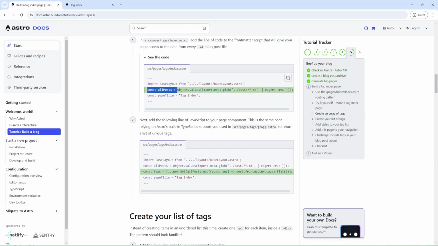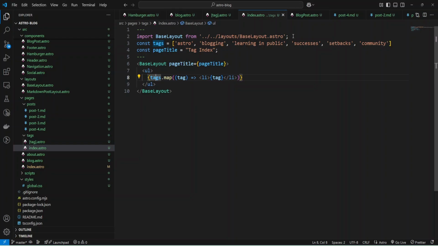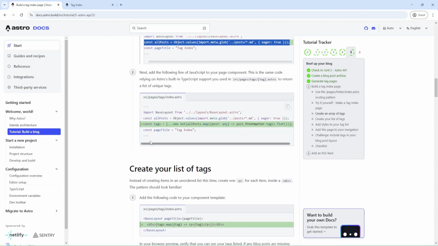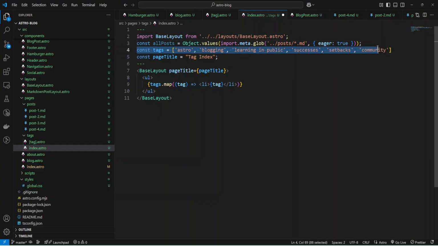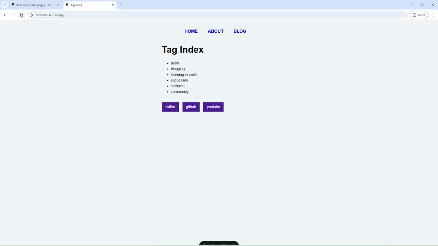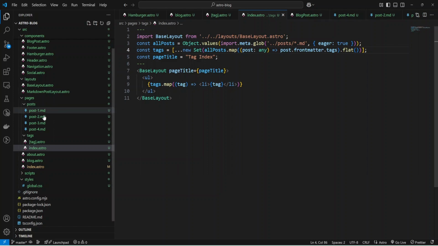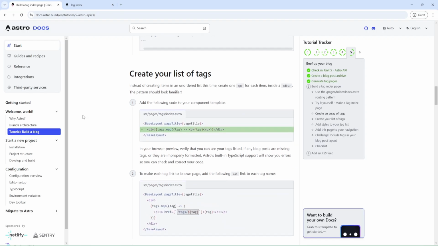And now we can retrieve these tags from our posts as we did previously. Okay, and let me do it. All posts and all tags. I'll use this code. Okay, and let's check. And as you can see, we have the same tags, but now we retrieved them from the code and from our files posts. Okay, and let's check next.